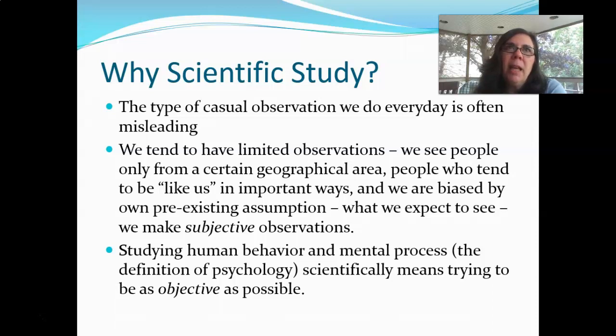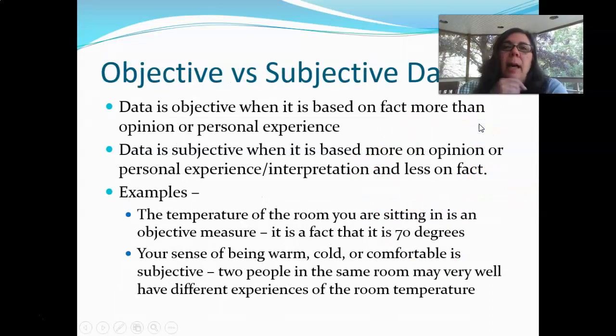The scientific study of human behavior makes an attempt to avoid bias. And we do that in part by trying to think objectively rather than subjectively. We're going to talk about objective and subjective a bunch, on and off throughout the semester probably, so this is a good opportunity to think about what that means. Some of you may already know, some of you may not. But data or information is objective if it is mostly factual and not so much based on opinion or personal